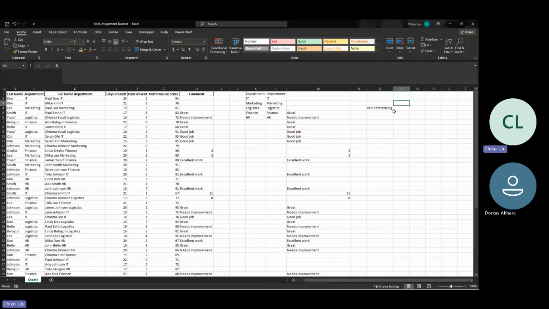Now, say I want to refer to a particular cell. If you are trying to do cell referencing, you are trying to use a formula. And in order for me to initiate a formula, I will say equal to. Let's say I want to get the content of a particular cell without me having to type it. I point to M5 and I'm done. I'll just click on OK. What is the advantage of this? If I change anything here, it automatically changes. So if I say,